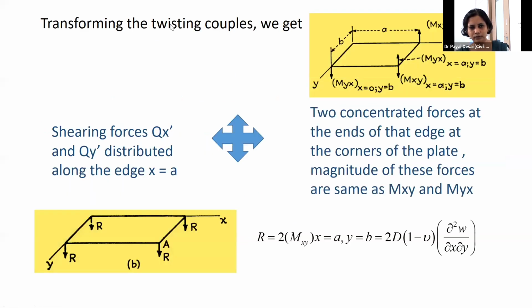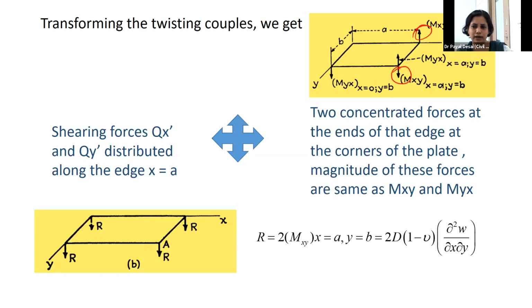Now, I told you that because of this twisting moment, there will be one moment left at the end, that is one vertical force, upward and downward force at the corner. And this will give you the additional reaction at the corners. And this phenomenon you have observed when designing the two-way slab also. There you provide additional torsional reinforcement at the corners, because of these twisting moments, which we are replacing with the shear force. There is a strong shear force, a strong reaction that will act.